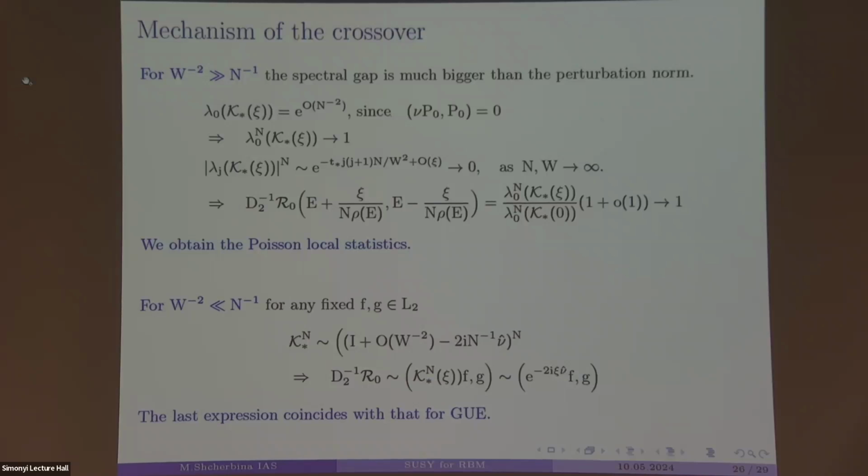So you obtain just a projection. In the case of this projection, you can compute the limit, and you obtain 1, like in Poisson statistics. And if W minus 2 is much smaller than the perturbation, you can write the nth